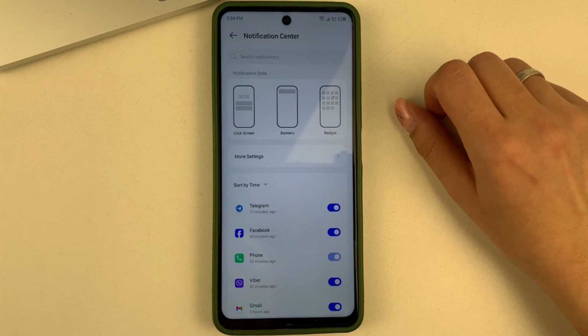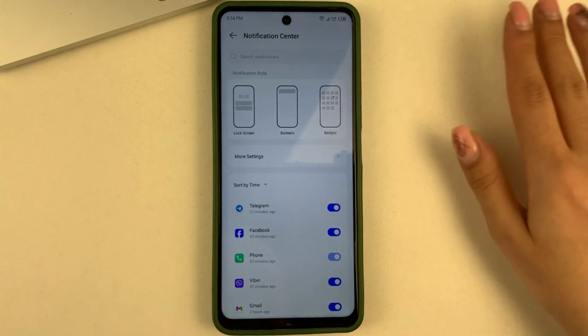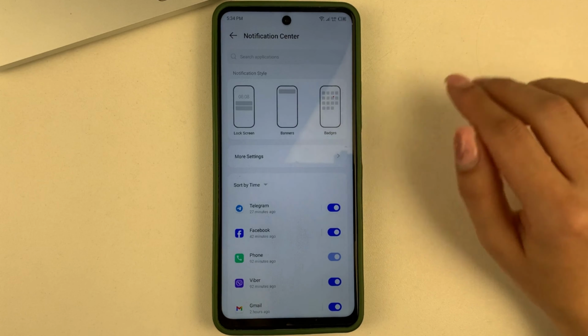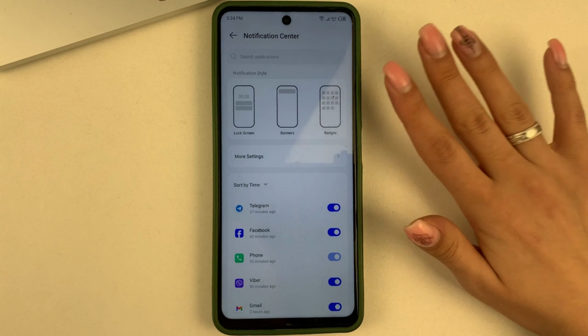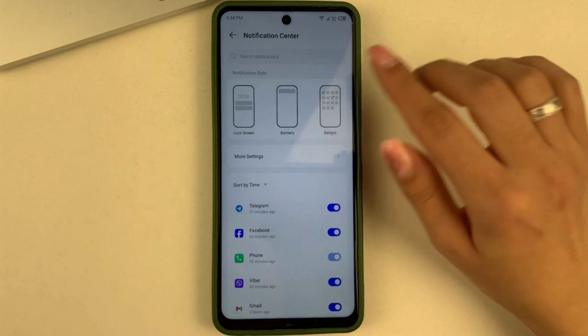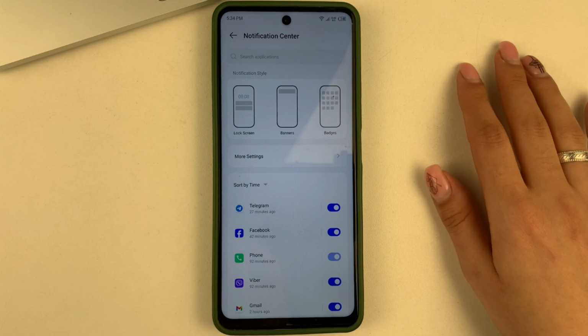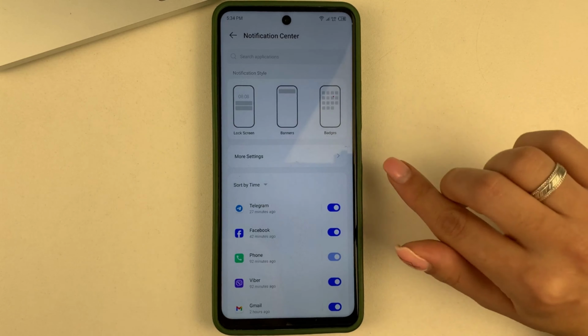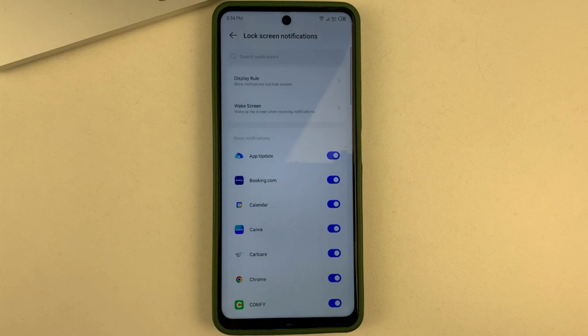So, we're going to need to either, if you have, like me, a picture of the phone on your phone, so to speak, then you click on the lock screen image. If you don't have an image, then you just need to find a section which is called lock screen. When we go to that,